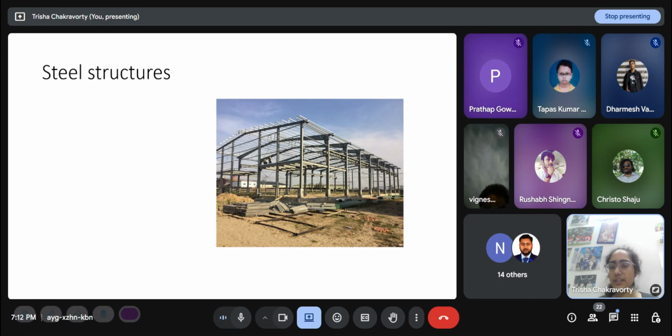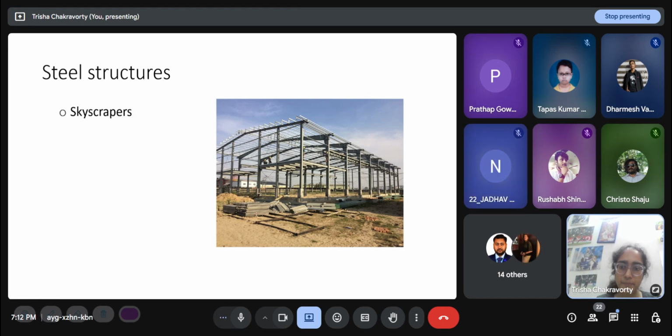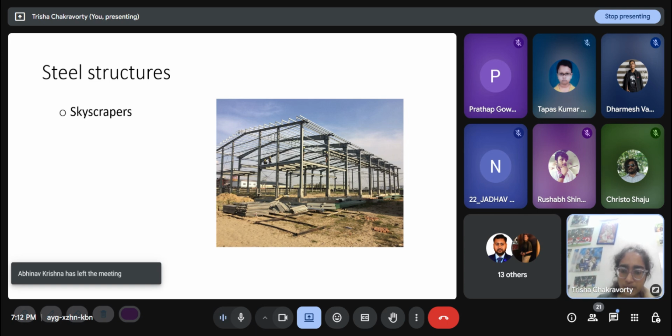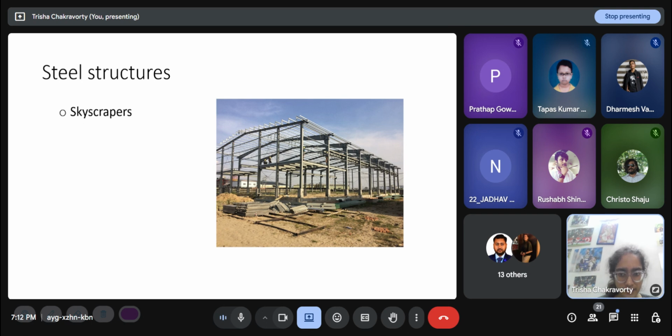Now since this is a class on design of steel structures, we will look at certain common steel structures we encounter. Skyscrapers. The residential or industrial buildings that we see around us are mostly concrete buildings, because concrete buildings are more economical when the demands on the structure are not very high, like residential buildings of 5 stories, 6 stories, even 12, 13 stories, it's fine. But for skyscrapers, even the self weight becomes a very important factor. And steel, as a structural material, is much lighter than concrete, so the higher a structure is, steel becomes more economical.